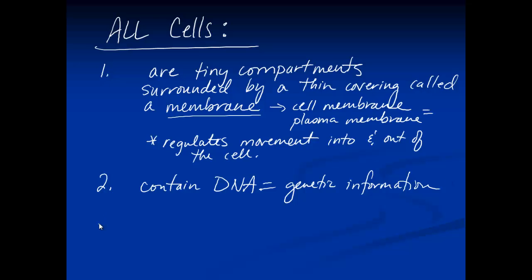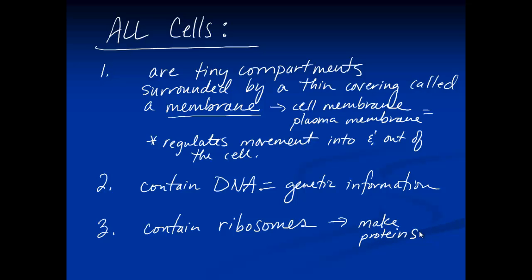And then finally, we can say that all cells contain ribosomes. Ribosomes are responsible for the synthesis of proteins. These are the workbenches for protein synthesis. So they are responsible for joining smaller molecules called amino acids together in order to build the protein. So all cells have these three basic